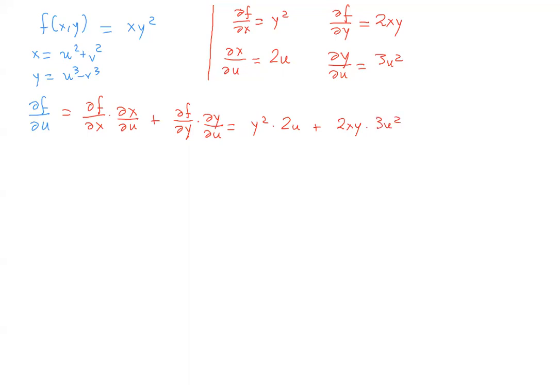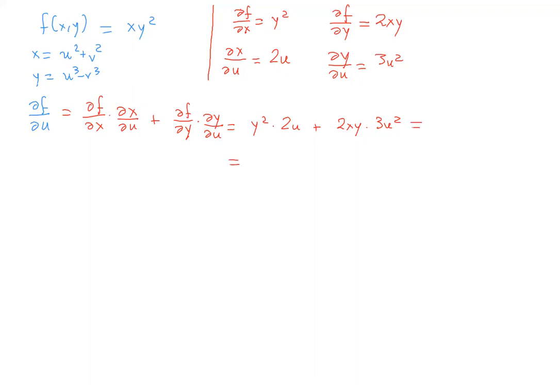However, there is a small problem. The moment we entertain the possibility that we're going to leave the formula like this, there is something absurd. The absurd thing is that this formula has both x and y, which are the old variables, and u and v that are the new variables. And in some sense, that seems a little inconsistent, because initially you had a function of x and y, and now you want to replace x and y by their expressions in terms of u and v. So you would like to have a clean answer that contains only u and v,